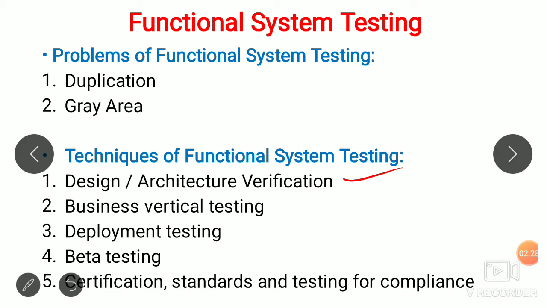Therefore, these test cases are developed and checked against the design and architecture to see whether they are product level test cases. Comparing this with integration testing, the test cases for integration testing are created by looking at interfaces, whereas the system level test cases are created first and verified with design and architecture to check whether they are product level or component level test cases. Integration test cases focus on interactions between modules or components, whereas the functional system test focuses on the behavior of the complete product. Functional system testing mainly focuses on the behavior of the complete product.